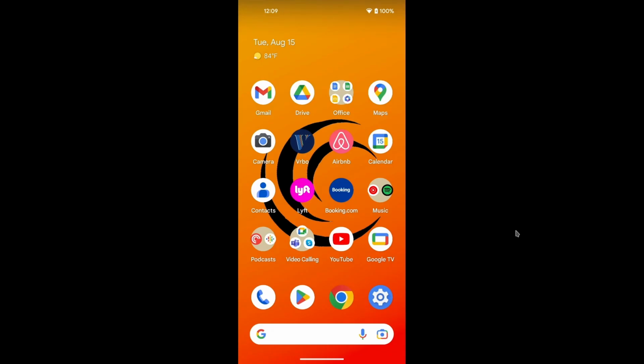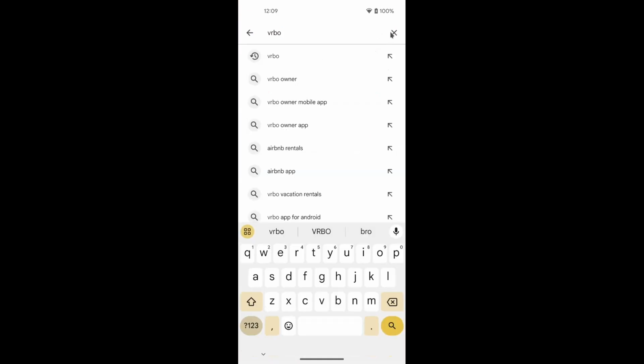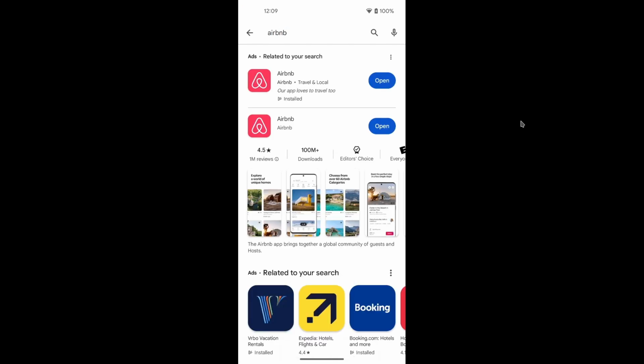The first website we're going to talk about is Airbnb. If you do not already have the Airbnb app on your cell phone, remember to install it by clicking on the Play Store or App Store, searching for Airbnb, and clicking the Open or Install button.